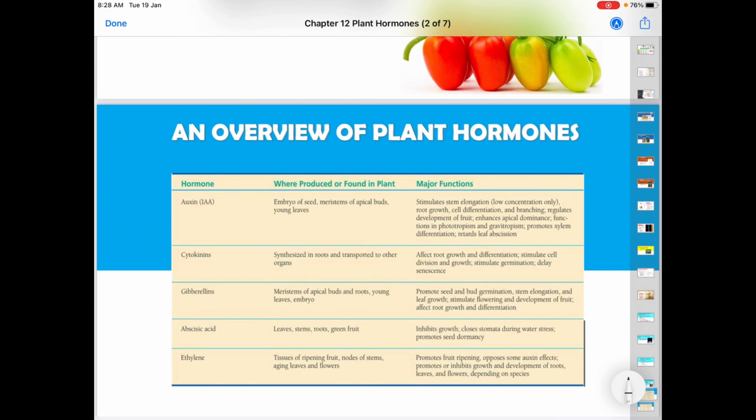So this is an overview of the plant hormones that we have been discussing. There are 6 hormones here. The auxin, also short-written as IAA, the cytokinin, the gibberellins, abscisic acid and ethylene. Okay, so there are 5 only. Sorry, there are 5 hormones, and this is the place where they are produced or found in the plant, and their major functions. Please note these 3 points: the hormone, where they belong or are found in the plant, and